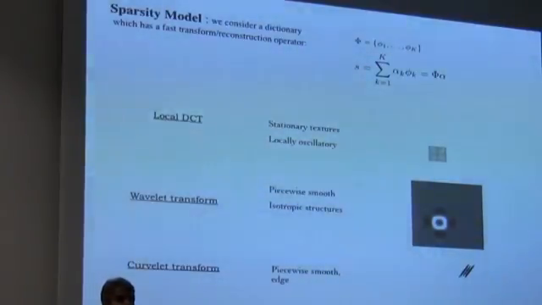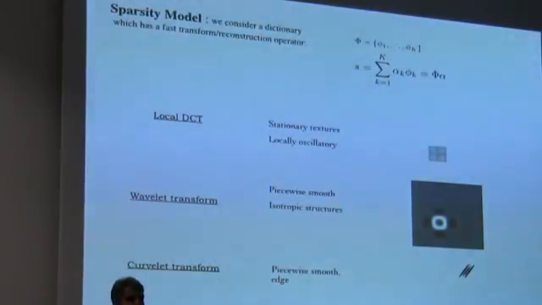Imagine that you have a training set, simulations, or whatever, or even the data themselves. You can learn what are the best shapes for your data. And that's what we call dictionary learning. And here there is a clear bridge between the machine learning community and the sparsity community. So, the only thing you have to remember here is